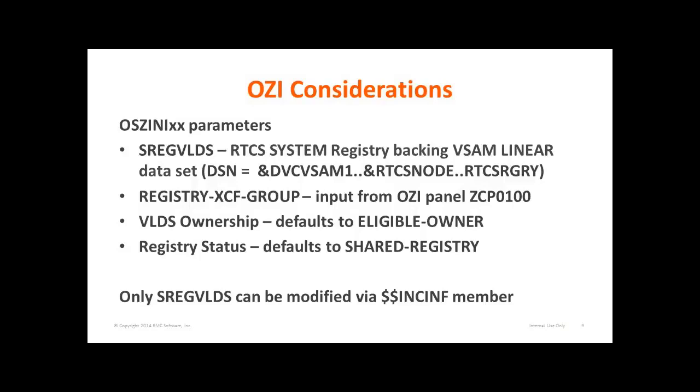The RTCS registry name is constructed from two variables in the $INC gen and the $INC INF members, while the initial setting for the XCF group is entered on a panel. The eligible, ineligible owner and registry instance status, shared or remote, is defaulted and must be changed manually. Once established, the XCF group is hard-coded into the skeleton member in the JCL dataset, so that if more than